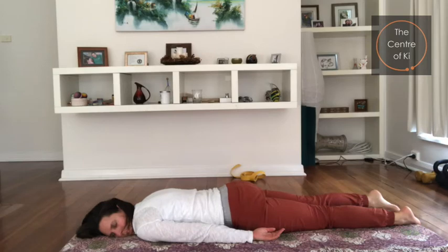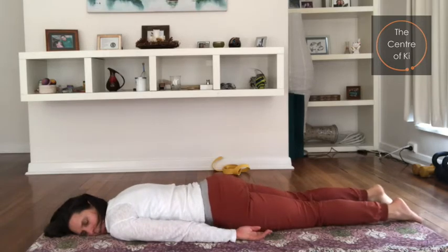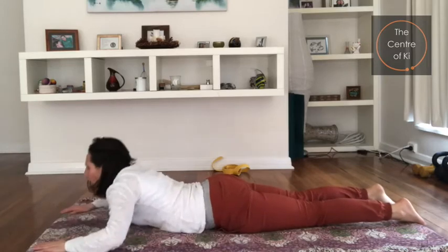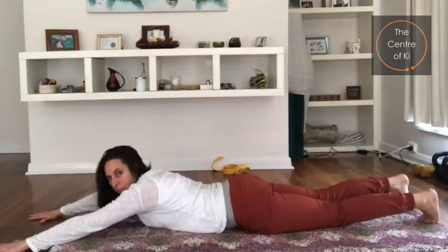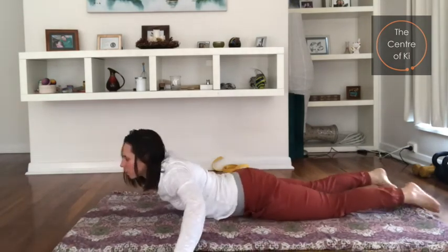So holding down dog can be quite strong. So I just want to give the body a moment to relax. Alright, so we're going to do a little bit of work with the arms again to help us even more with down dog. So what we're going to do is have the arms in front of us on the floor,